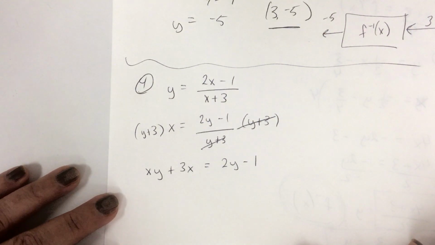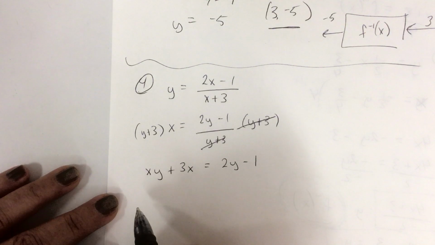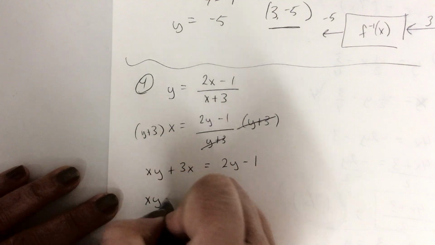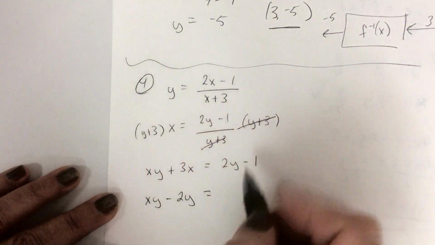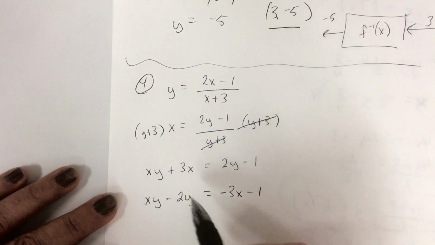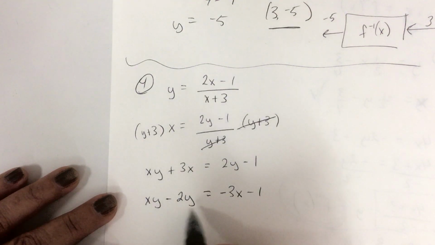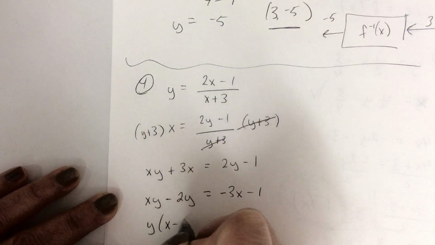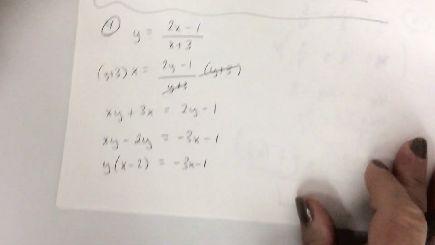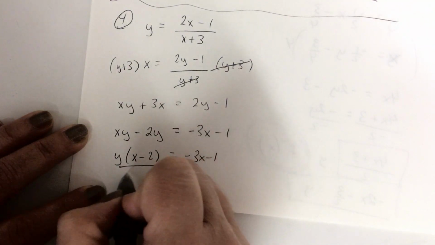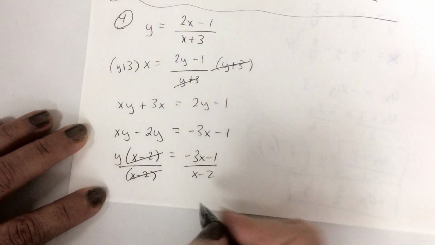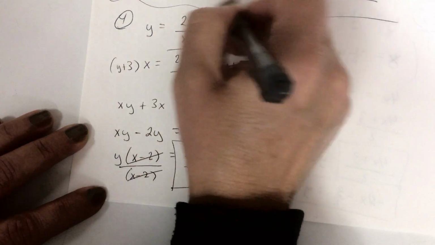Now I'm trying to get my y alone, so I need to get everything over on one side that has a y in it and everything over to the other side that doesn't have a y in it. So I'm going to move the 2y over, and I'm also going to move the 3x over. So negative 3x minus 1. So I did two things at once. I moved the 2y over and made it negative. I moved the 3x over and made it negative. Now I can factor a y out, because everything on that side should have a y in it. So now if I want to get my y alone, I'm going to divide by x minus 2. And so that is my inverse function. 2x minus 1